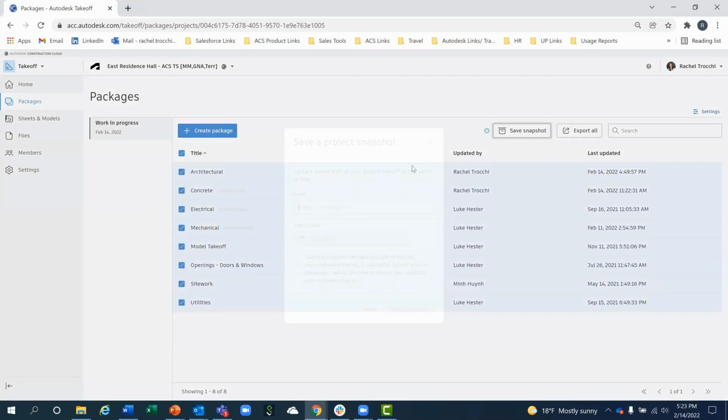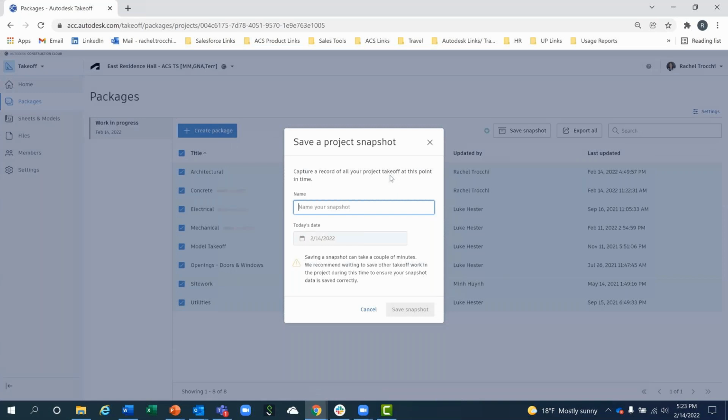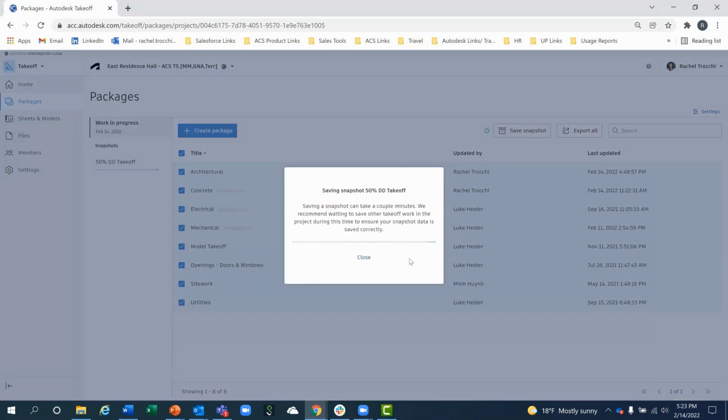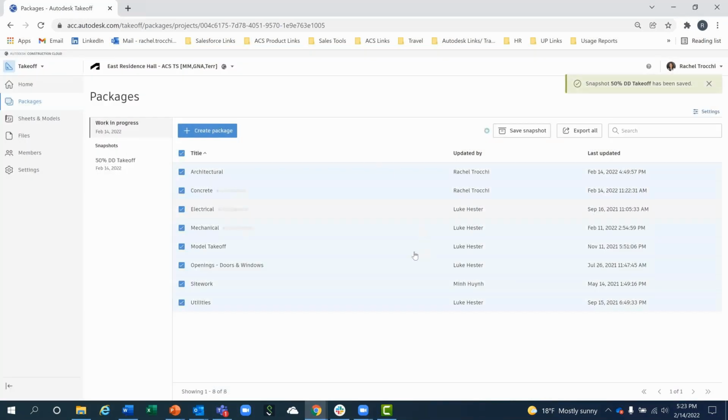Back here on our packages tab, we also have the ability to save a project snapshot. These project snapshots are huge because you essentially can save a time and place where all your quantities were at. So I'm saving, as an example, a 50% DD takeoff snapshot here. Now all of these quantities will always be referenceable throughout that project, so you guys can have an understanding of how those quantities are developing and changing based on different design changes